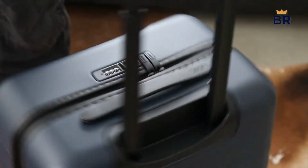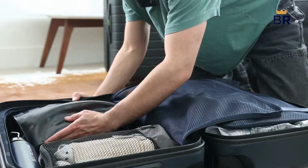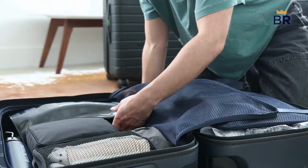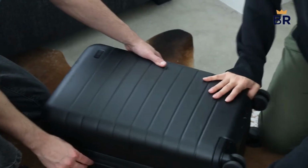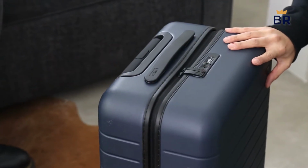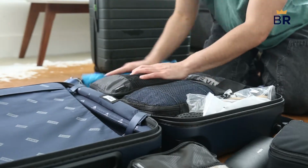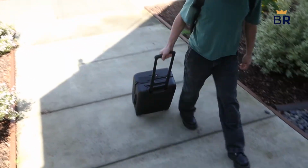Away succeeds in offering lightweight suitcases that are still reliable in durability, security, and easy navigation. Their simple and stylish luggage comes in a variety of colors and sizes. Away's classic carry-on option is compact, also providing enough space for 3 to 5 days of travel and up to 5 to 7 outfits. But if you're an overpacker like me, you could probably manage up to 10 days of